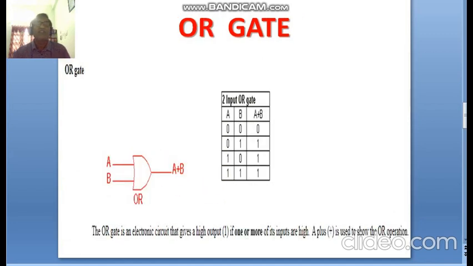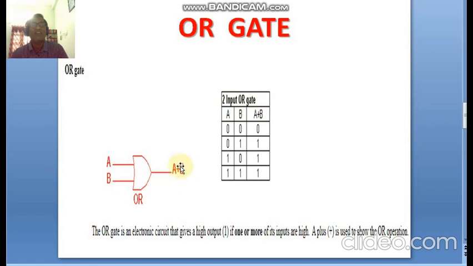Similarly, the OR gate is symbolically represented like this. Here also we are giving two inputs, therefore it is a two input OR gate. So the output result Y is equal to A plus B. This is the OR operation.